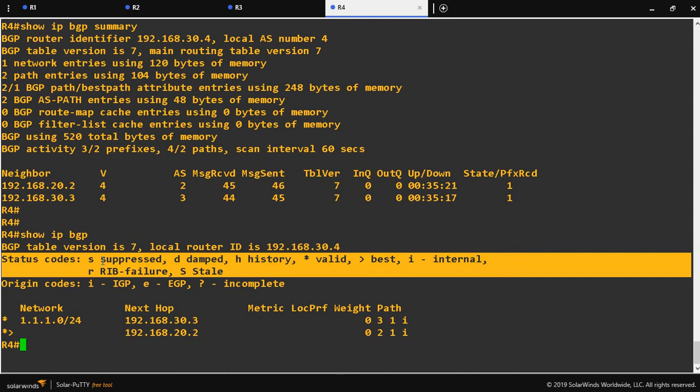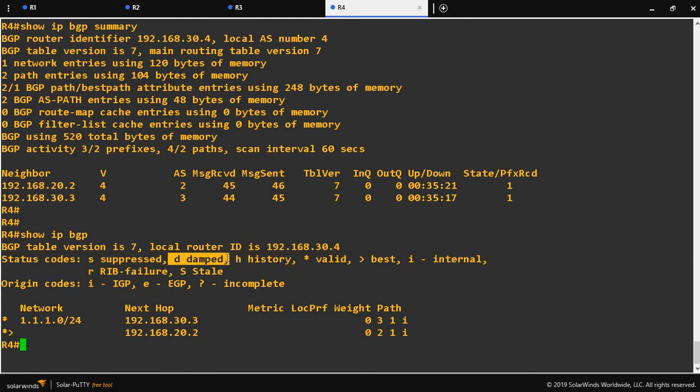This can occur. This network is a part of a summary. For example, in BGP, if you are doing some summarization, that time that particular network is a part of the summarization, which means we can see it as suppressed. Next one, damped. Damped means BGP won't advertise this network because this network appears, disappears, appears, disappears. It's like flapping. So that time it will look as damped.